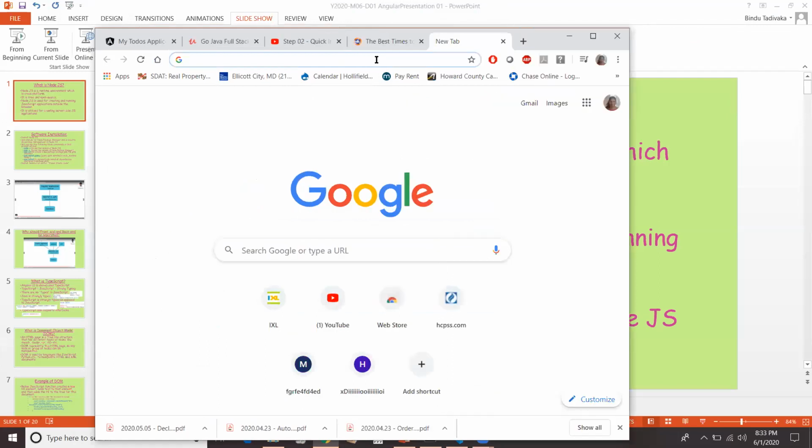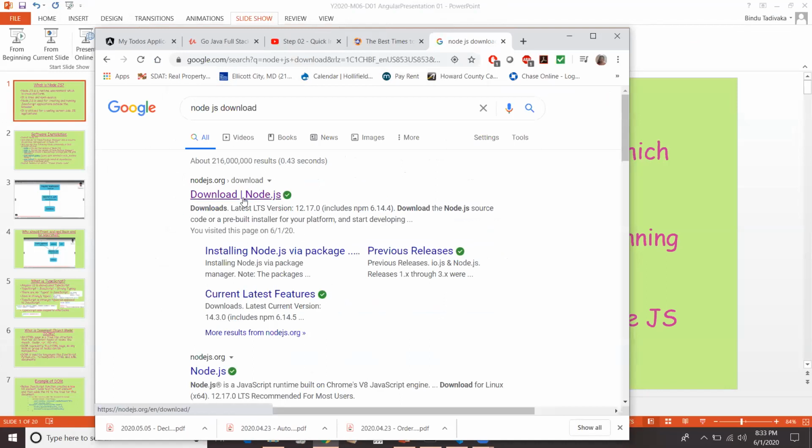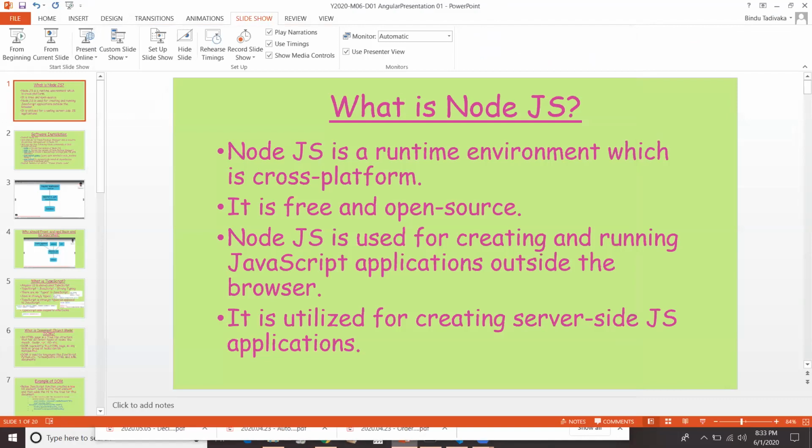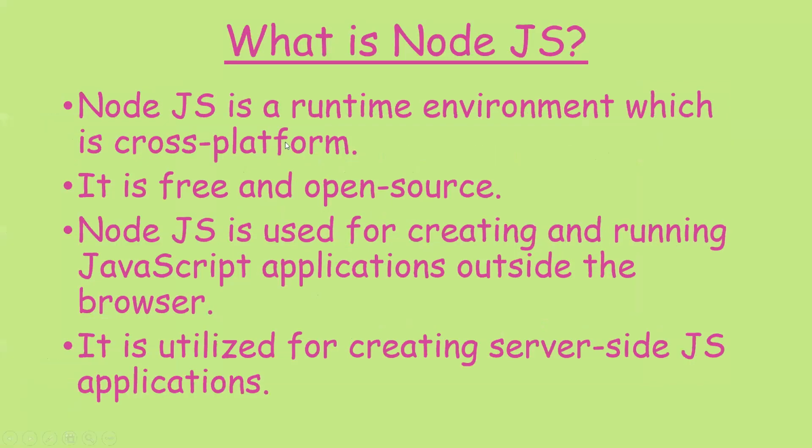We just need to go here and search for Node.js download, and we can install it from this link. Node.js is a runtime environment that is cross-platform, free and open source. JavaScript is usually used to develop the front end of web applications, that is, the websites.